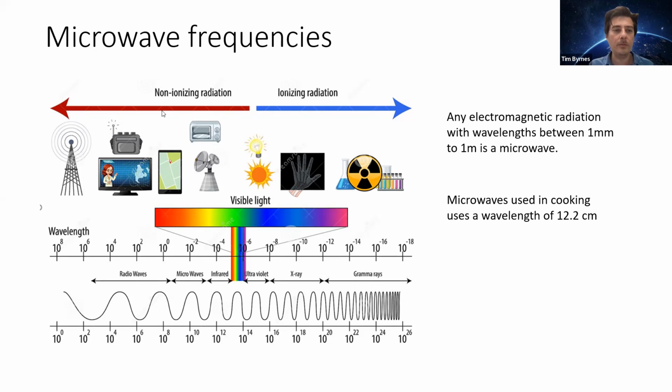So this is sort of why it's called microwave, I guess. And if you're talking about microwave ovens, then this uses a very specific wavelength of 12.2 centimeters. So just around about the size of your hand. If you could see it, then the waves would be that big. Okay, and this just fits into a particular frequency range that is basically on the slightly lower frequency side of